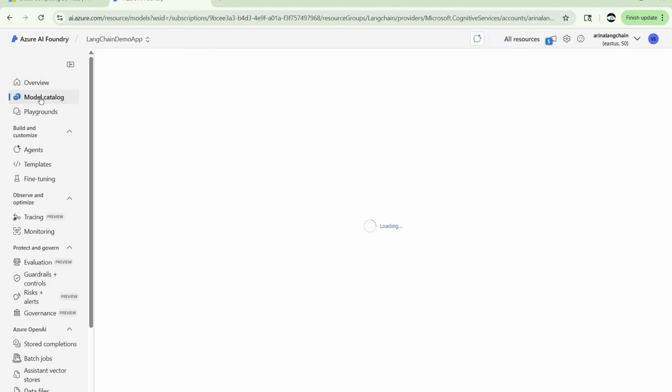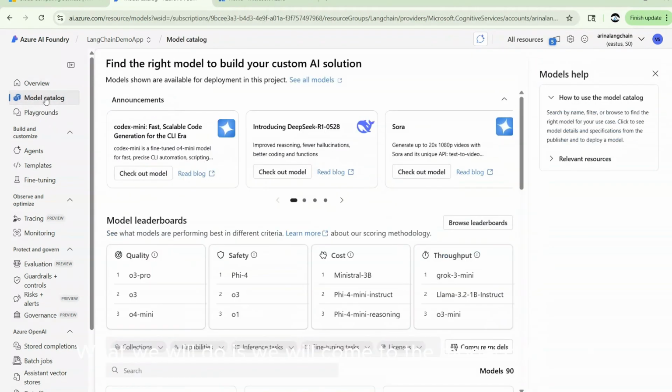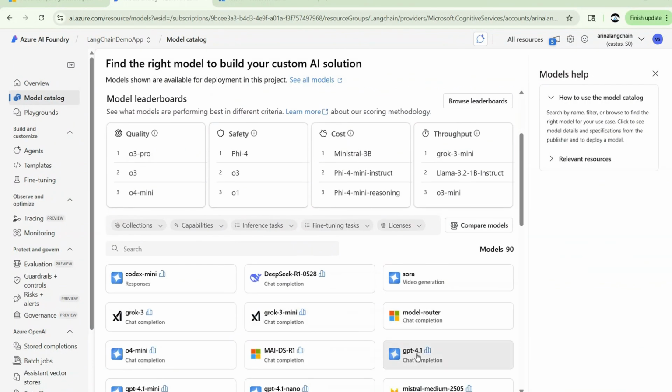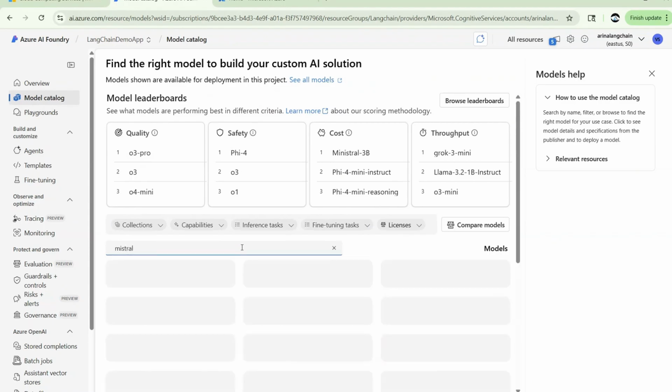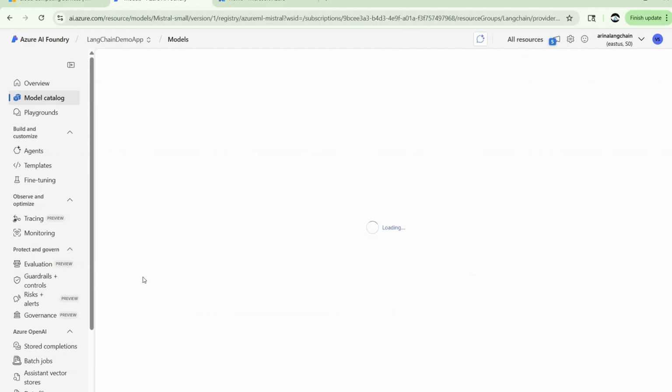Here you can see the different models that are available. You have DeepSeek, Sora, Grok. What we will do is come to the model catalog and choose Mistral. I'll just use a chat completion, small one.